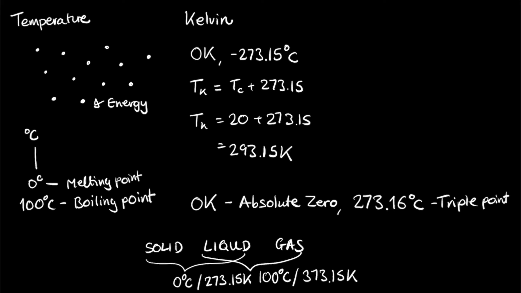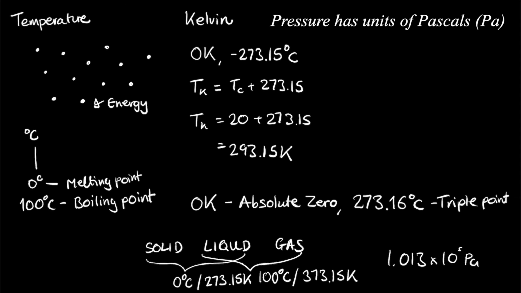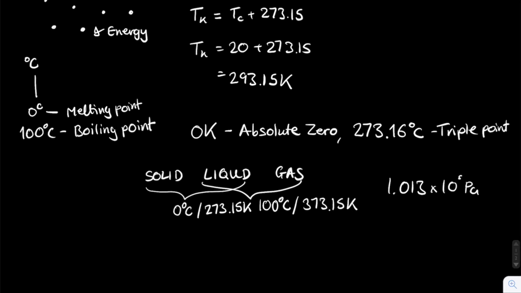Well, as I said before, the pressure is also related to what phase the substance is in. And if you reduce the pressure from air pressure, which is quite high, standard atmospheric pressure is 1.013 times 10 to the 5 pascals, that is the standard atmospheric air pressure. If you reduce that value low enough, then there comes a point where you can have ice, water, and steam all coexisting